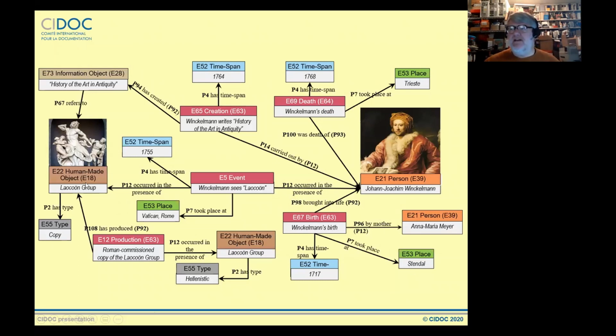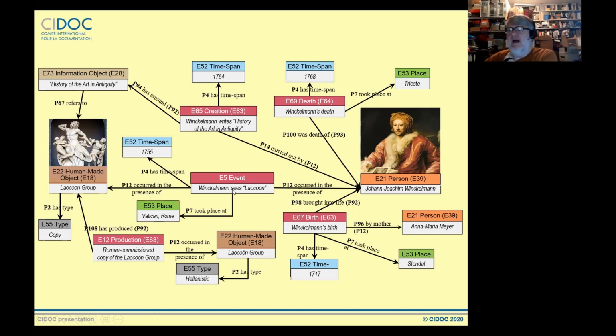And then on the left-hand side, we have the Lacoon group, which is a copy commissioned by some Roman, and they could see the original Lacoon group, which was a Hellenistic